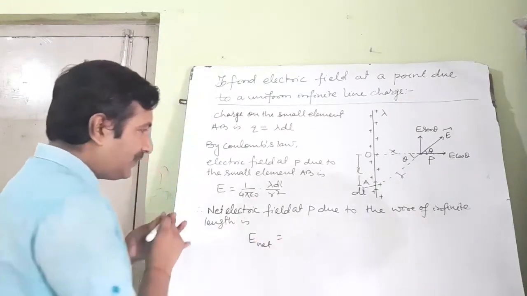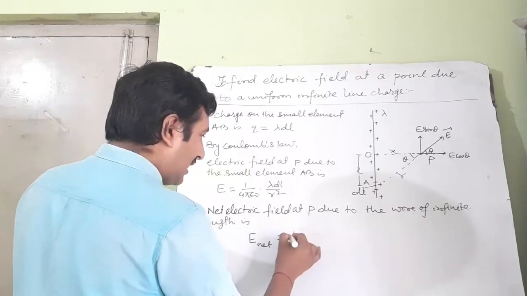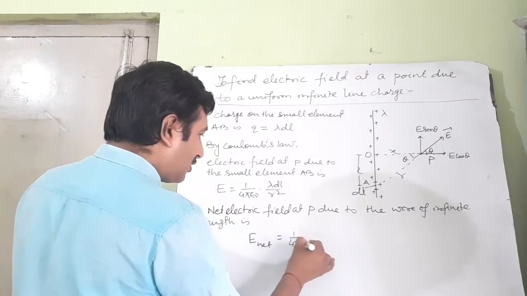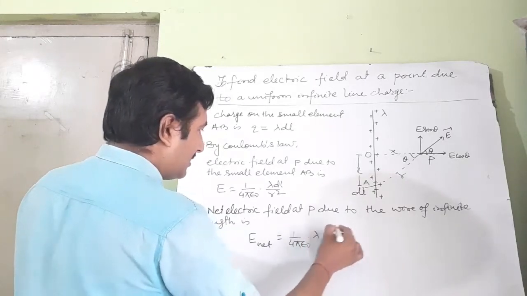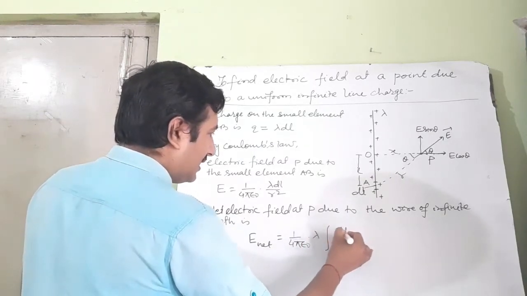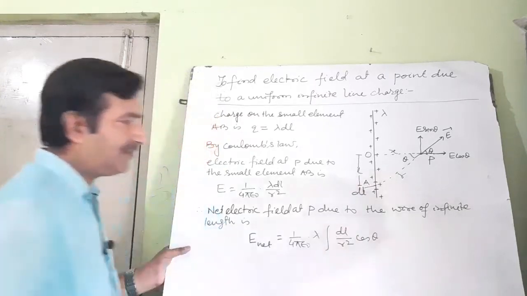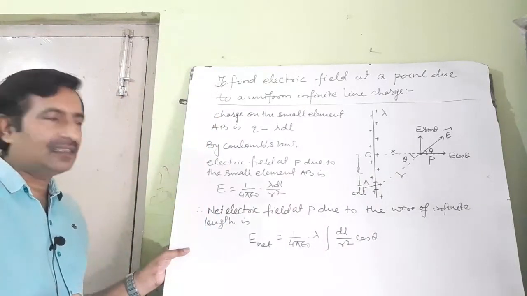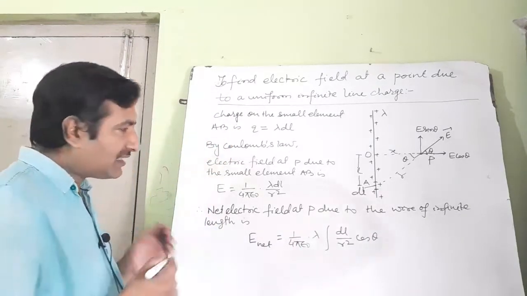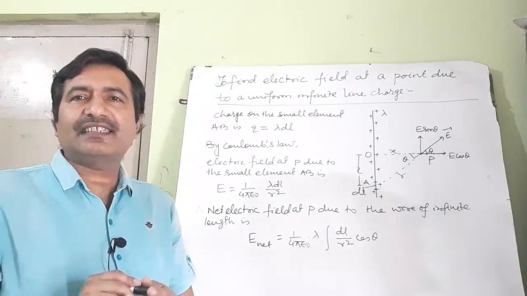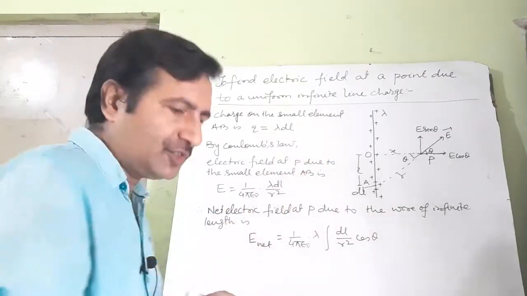write it here. You see, integration of 1 by 4 pi epsilon naught lambda, integration of dl by r squared cos theta. So all these are under the integral. L, R and theta are variable. So let us express L, R and theta in terms of theta. Okay. So from this diagram, you just see,